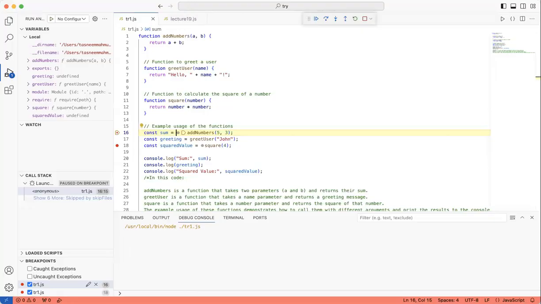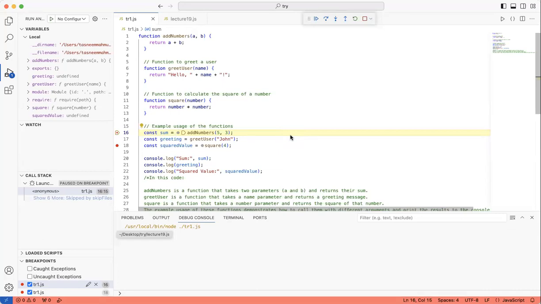Can everyone see my screen? Okay, so I have an example over here. This is just a random example, okay? It just does a bunch of different stuff like adding numbers, squaring a number, showing the name of the user and all that.